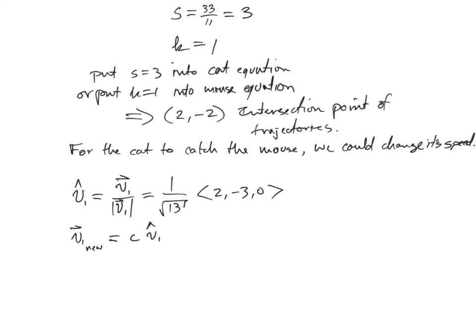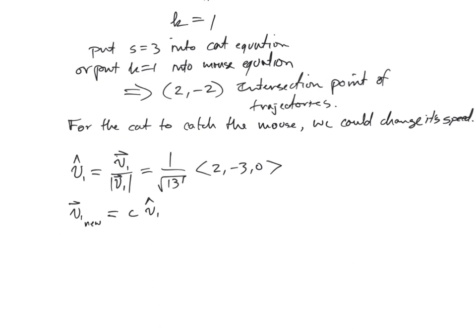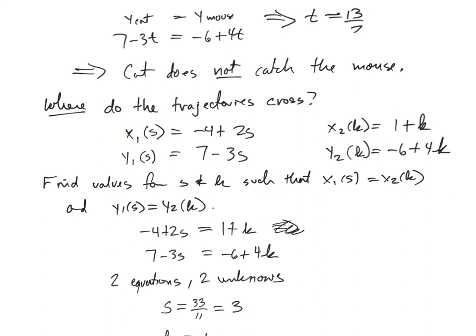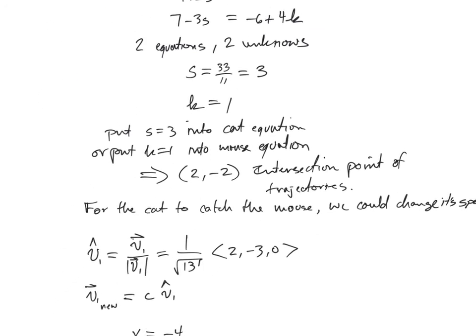So now the parametric equations for the cat are going to be x equal to -4, y equal to 7. That's the same, -4 and +7. If we go back up to the original line equation for the cat, -4, 7, still the same. We're going to be changing this part now, though. The velocity vector is no longer (2, -3). It's going to be c times this unit vector,